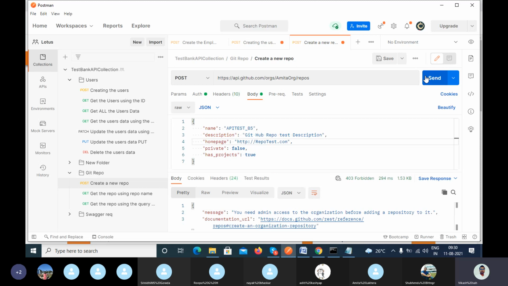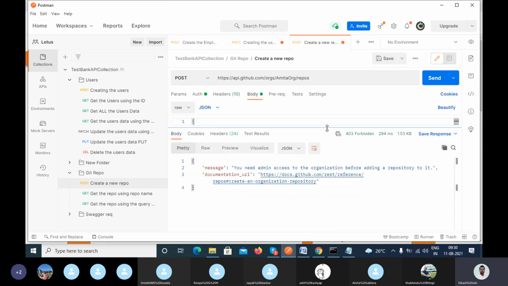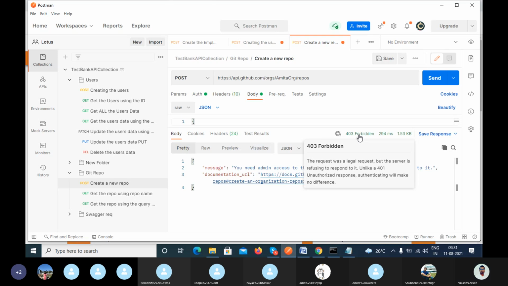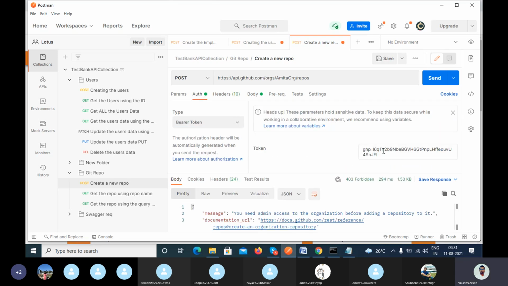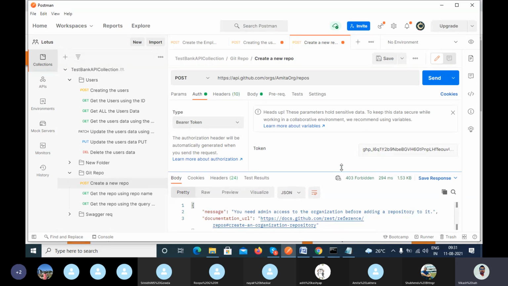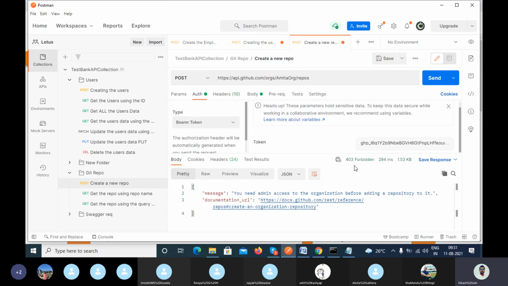Let's see. Can you see it here? 403 forbidden, even though my token is correct. If your token is invalid, then you will get the 401 unauthorized error.